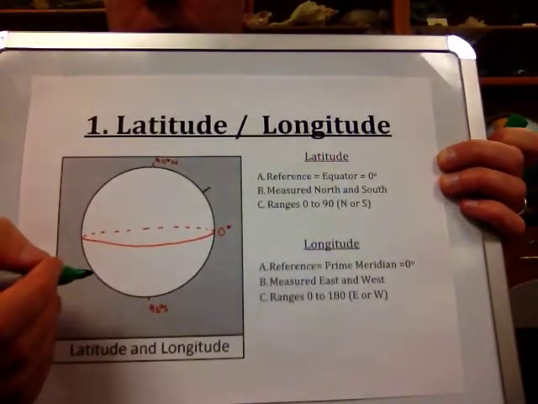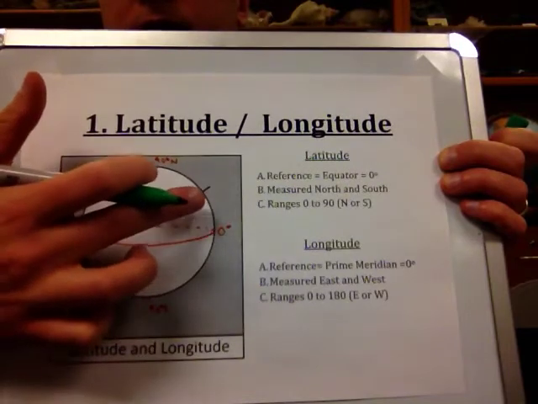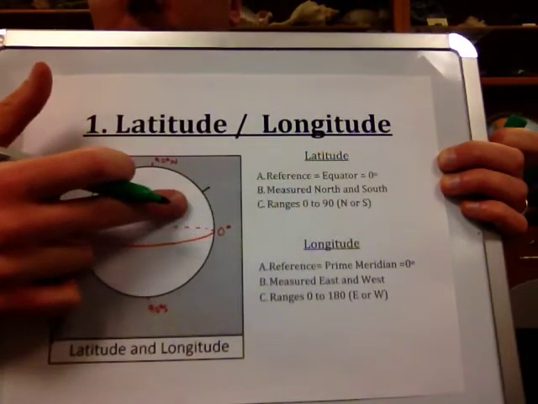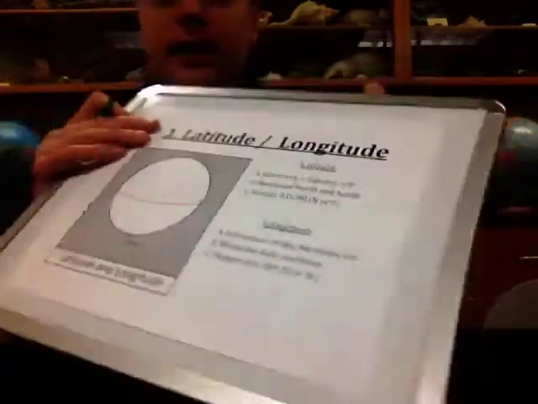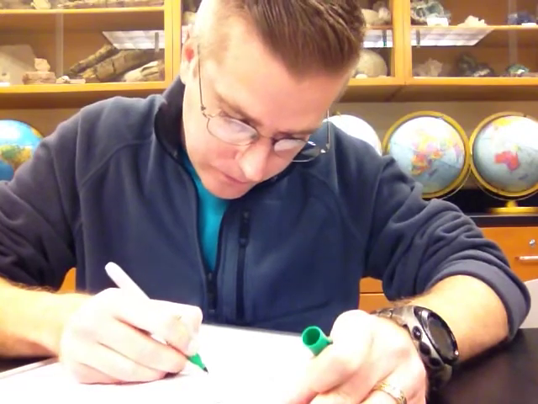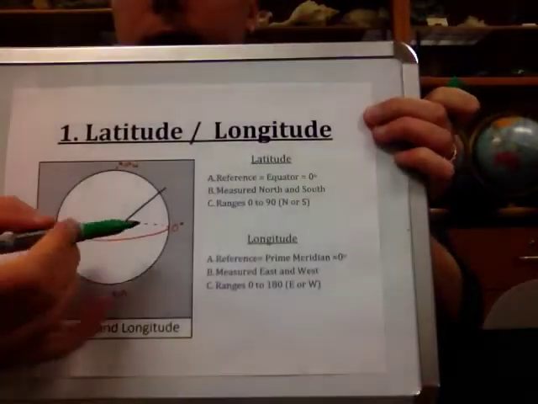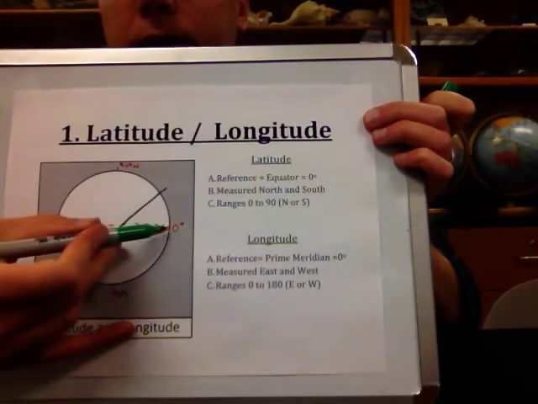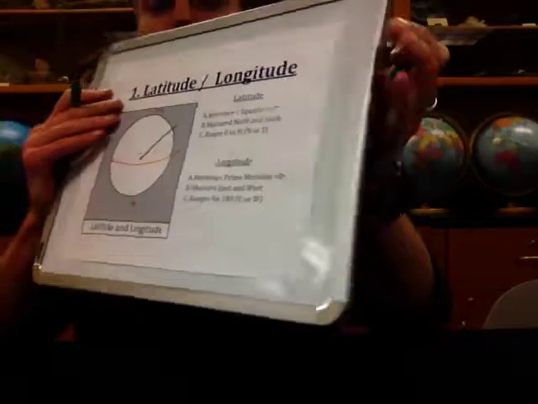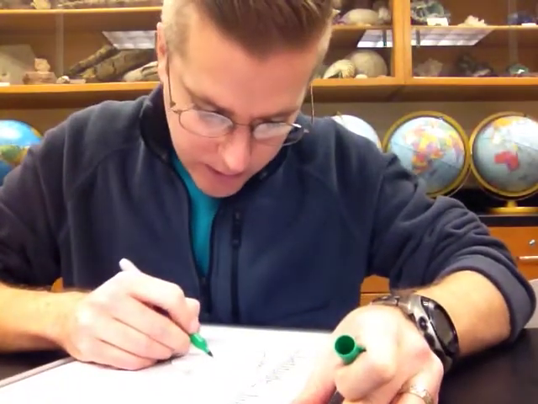In order to do this, the first thing we need to do is draw a line extending from the location at the surface of the Earth down to the center of the Earth. Let me go ahead and do that. We then need to make a line from the surface of the Earth at the equator to the center of the Earth along the plane of the equator,